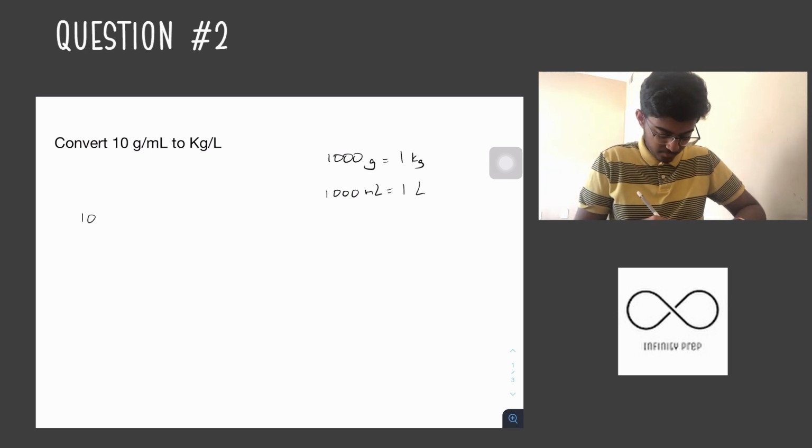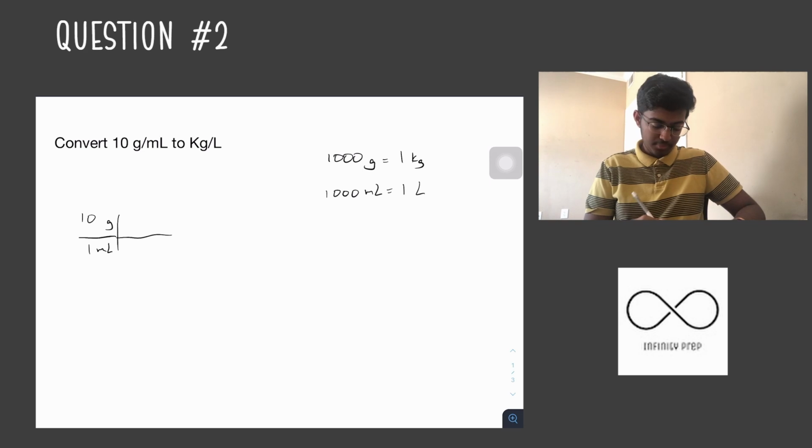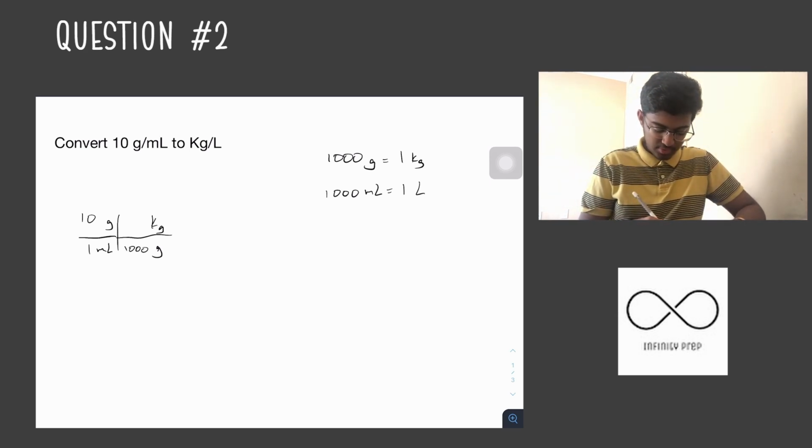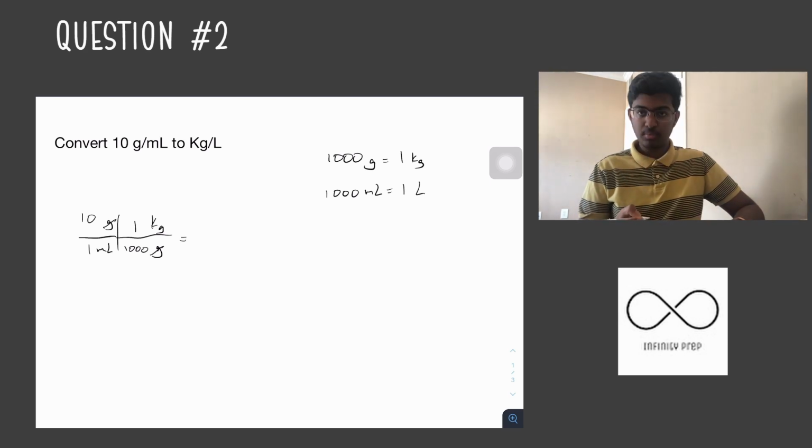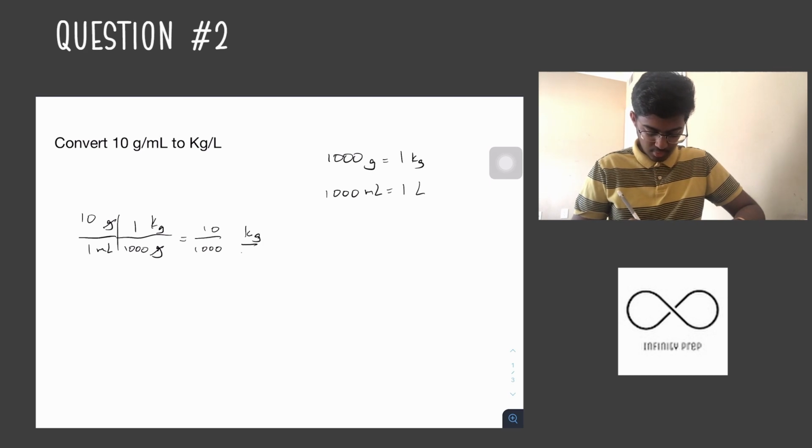So 10 grams per 1 milliliter. We need the grams to cancel out on top, so we put grams on the bottom. And we need kilograms, so kg on top. And the relationship between these two is that 1,000 grams is equal to 1 kilogram. The grams cancel out, and when we multiply, we get 10 divided by 1,000 kilograms per milliliter. This is equal to 0.01